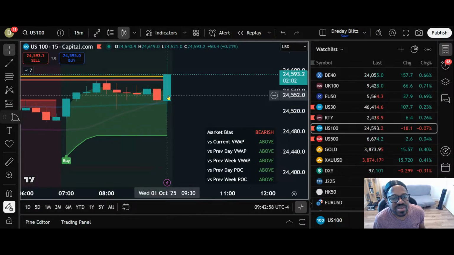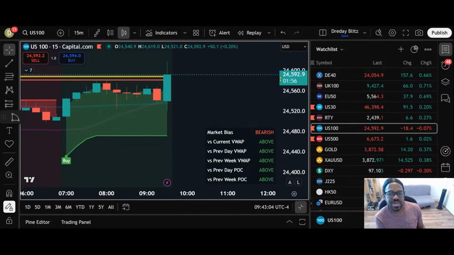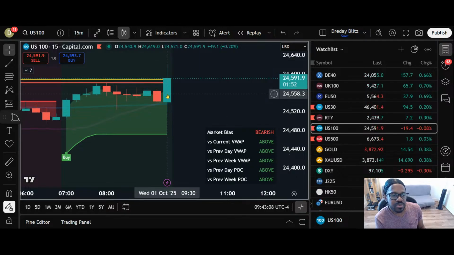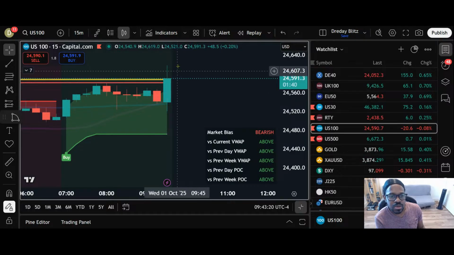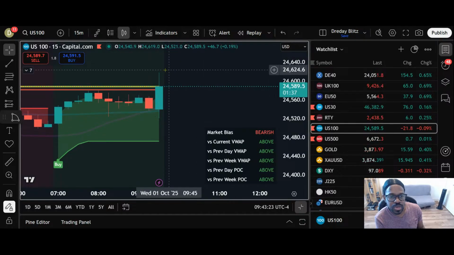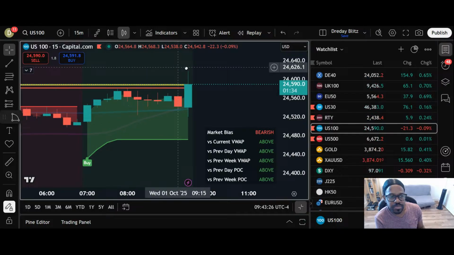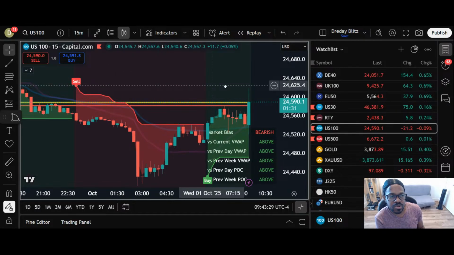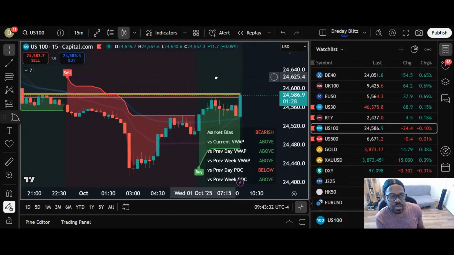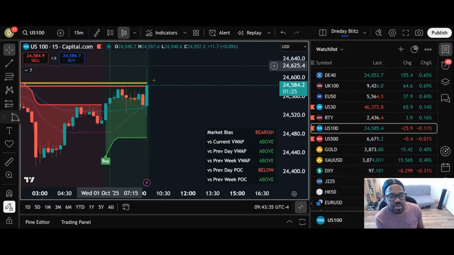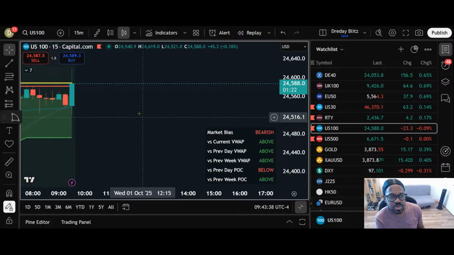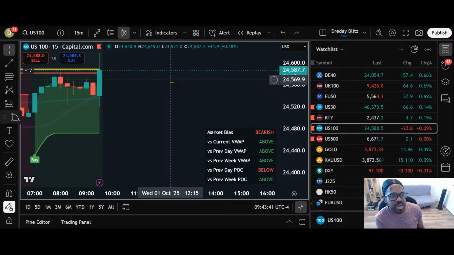So this basically is a purely manipulation candle right here. All right. So it trapped traders here that were going to the downside. I'm pretty sure there were a lot of orders to the downside at the market open because of the government shutdown. So like I said at the beginning, I was expecting the price to go higher to trap people that were going short, grab some liquidity, grab some stop loss here at the top, and then afterwards it will do its pattern here